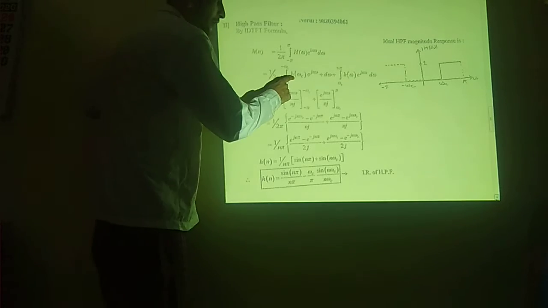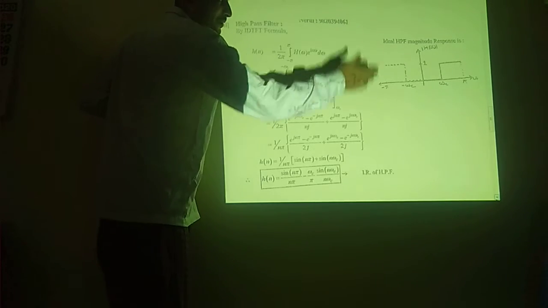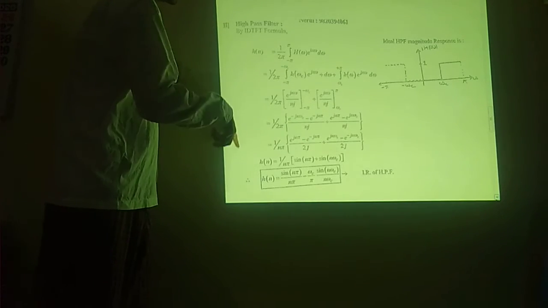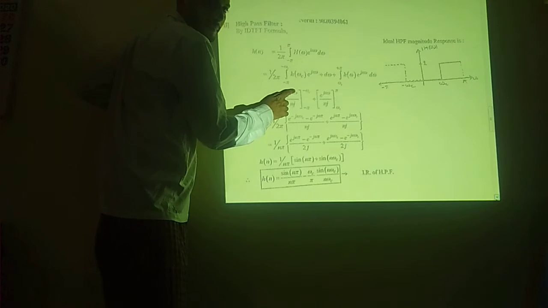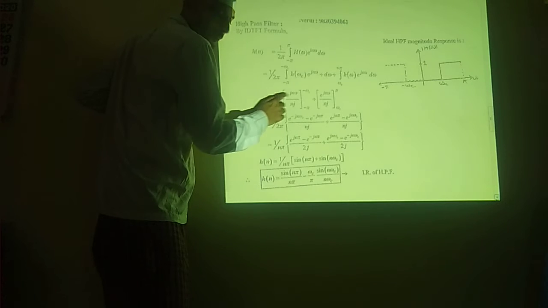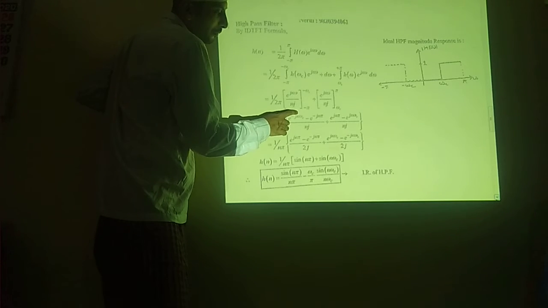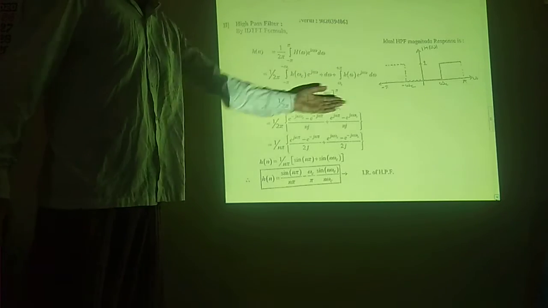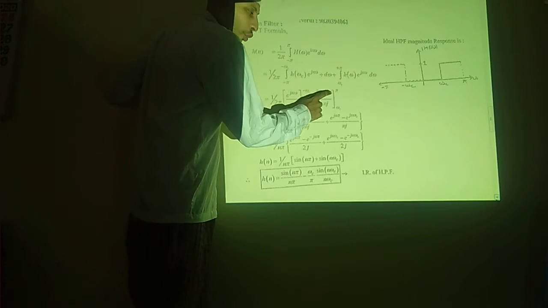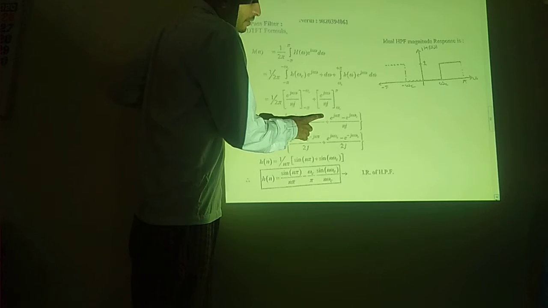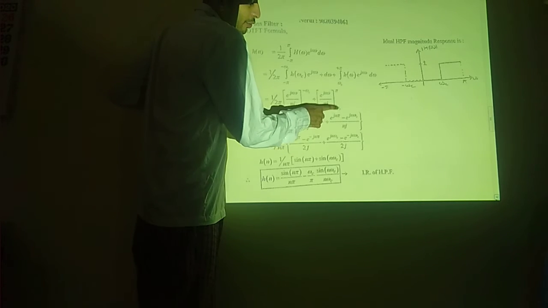Okay, H of omega is nothing but equal to 1. Okay, so this is 1, this also becomes 1. Okay, we have to take the integration of e raised to j omega n. So integration of e raised to j omega n is nothing but e raised to j omega n upon nj. The limit will go from minus omega c to minus pi. Okay, same thing we consider over here, e raised to j omega n upon nj. The limit will be considered from where? The limit will be considered from pi to omega c.